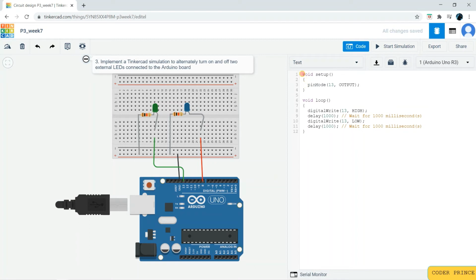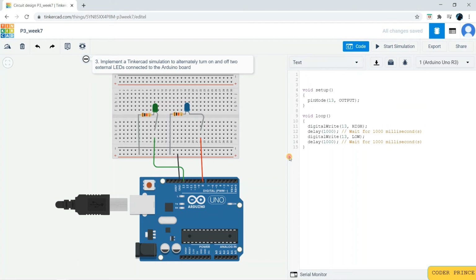Here we will first initialize a few variables. Int. So we have to make sure what LEDs refer to which ports. So these are the ports we have from 0 to 13. So you can see that the green LED is holding the 13th port. So by default this is 13, the default code.